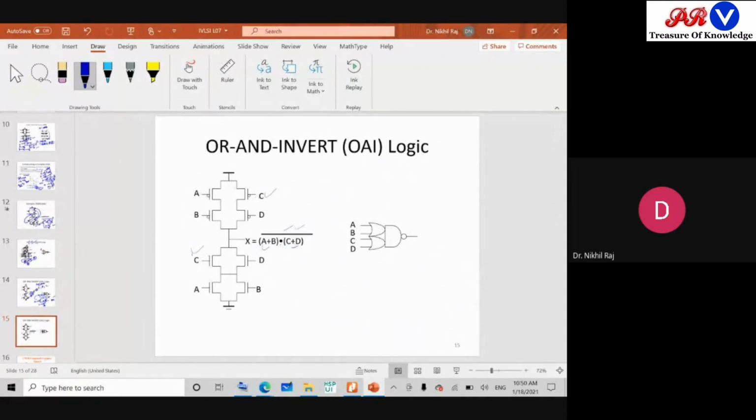And the connection, if you see, is in such a fashion that they are nothing but an inverter. So I can say that CMOS logic, if we decompose it to the minimum form, will give me an inverter realization. Whenever a single variable is there, it will be an inverter realization. So we can say the inverter is the basic building block of CMOS logic. Okay, so that's why your unit 2 is more focused on inverters.